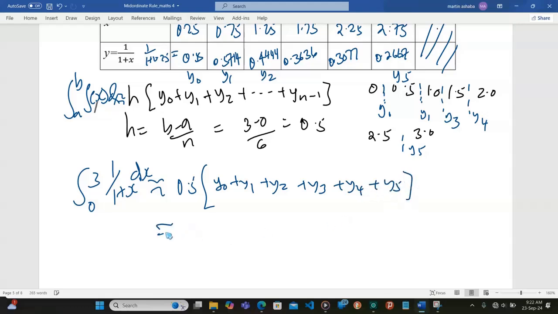If I put in those values, this is 0.5 times 0.8 plus